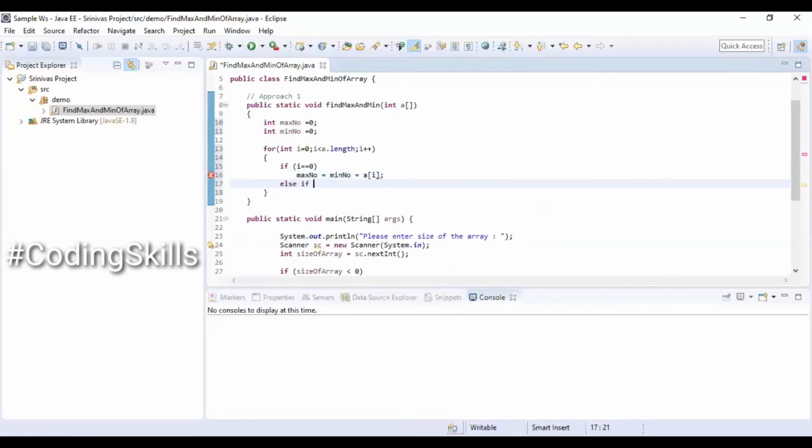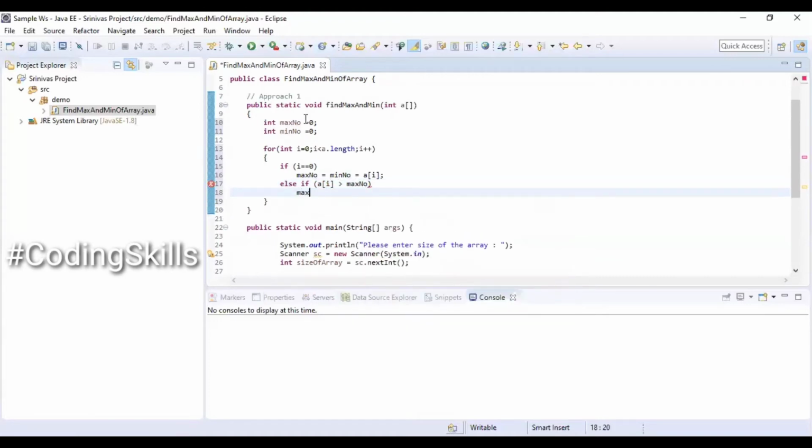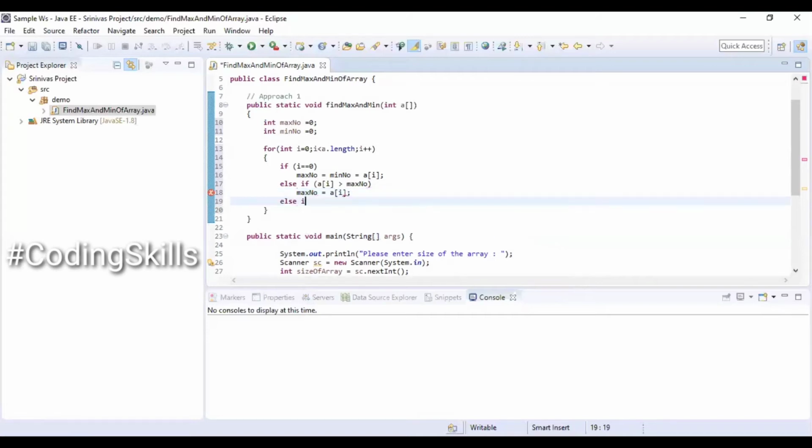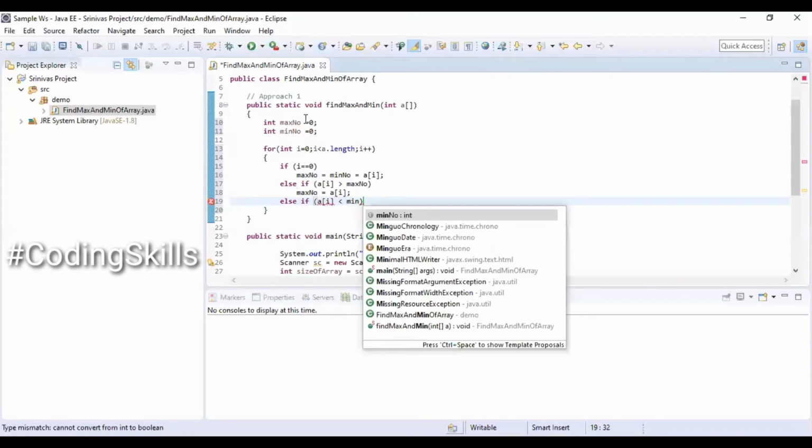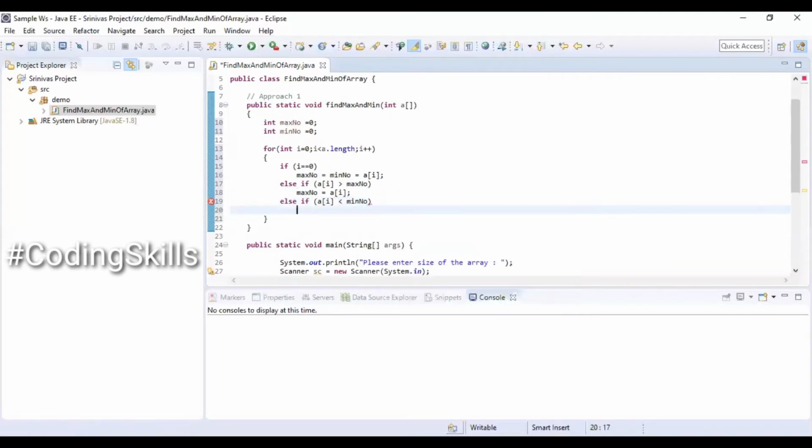Else if a of i is greater than max number, then value of array a of i is going to be assigned into max number variable. Else if a of i is less than min number, then a of i will be assigned to min number variable.